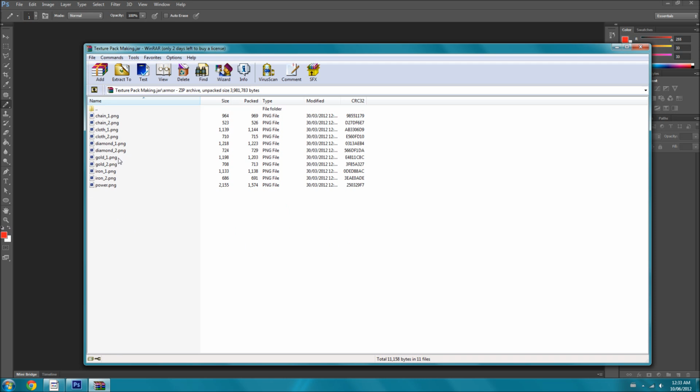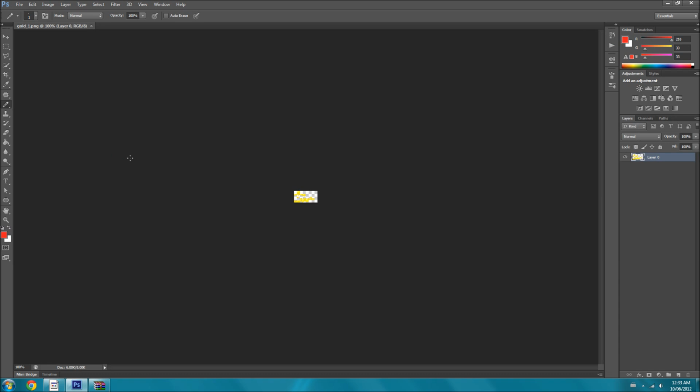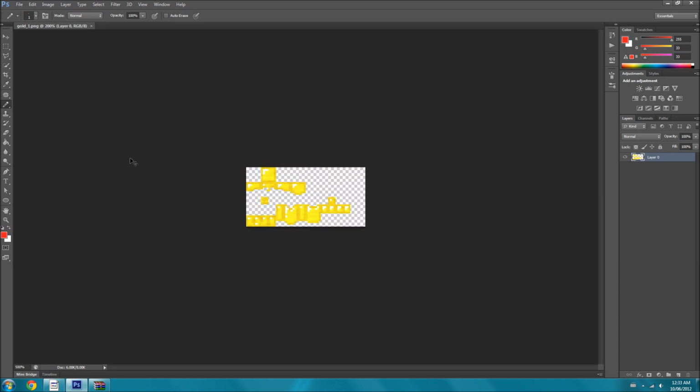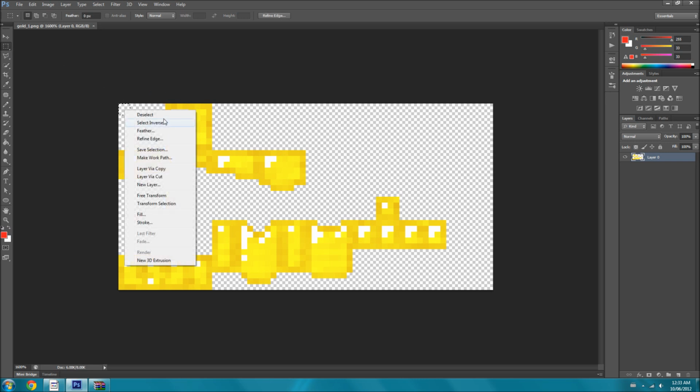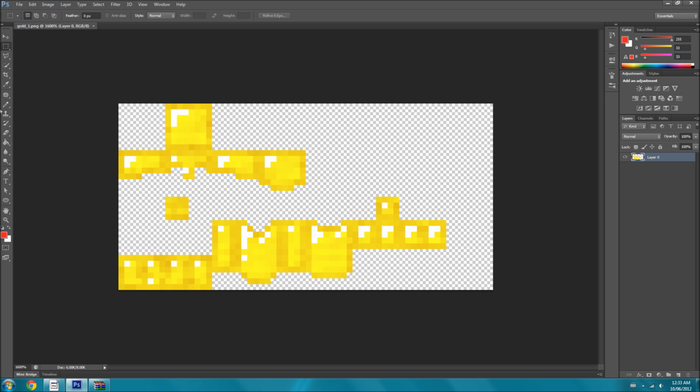So I'm going to go into gold. And this is where you can change what it actually looks like on your character. I don't know the full template for this, but all I do know is that this area here is the helmet area. And so you can change your helmet. And this area I think is the chest piece. So say you were back in that